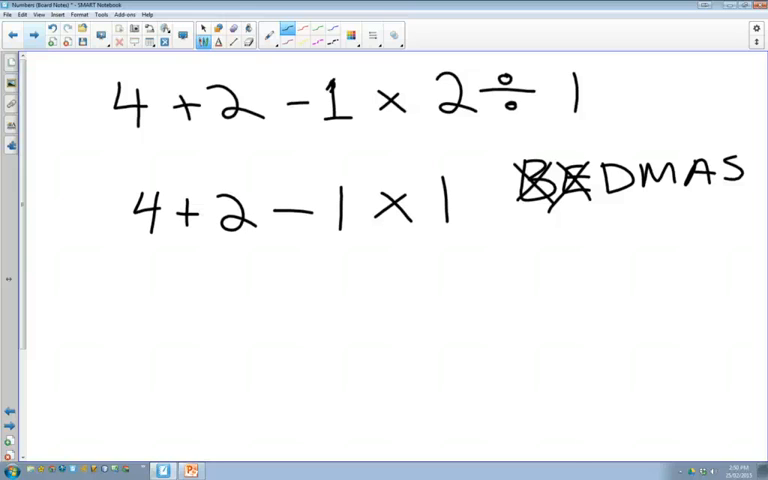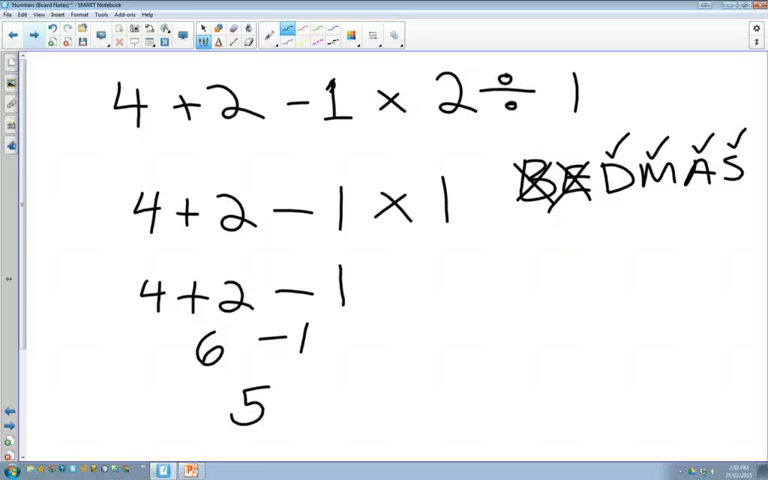So now that's done. Now I'll do the multiplication. 1 times 1. Oh, that's just 1. That's done. Now I'll do the addition. That's done. And then finally the subtraction, and I'm done. That's fine. No problem. You can do it that way if you want. That will get you to the right answer. Now, the other way would be that,